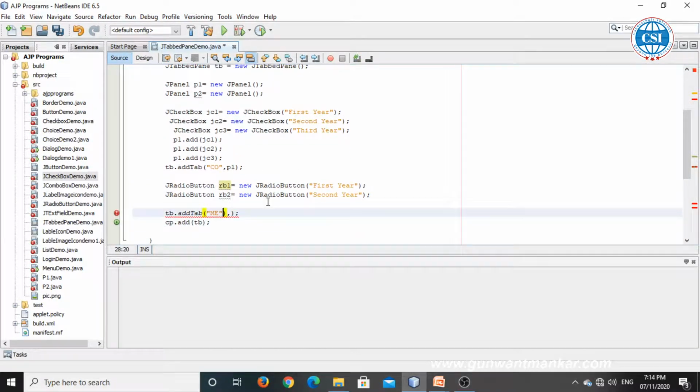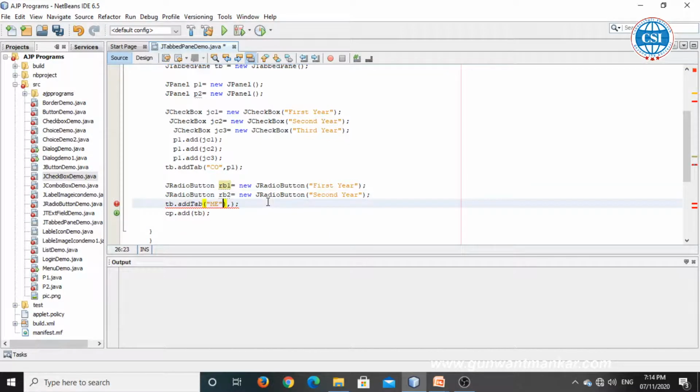We have already added the tabs. For ME, that is the name of the tab, and I am adding the second panel, p2. So we add these two radio buttons to the JPanel object.